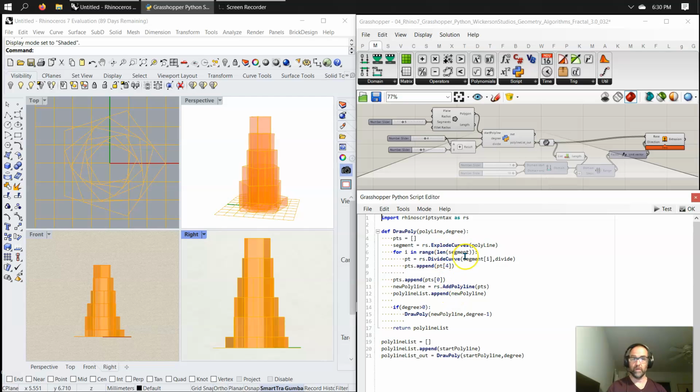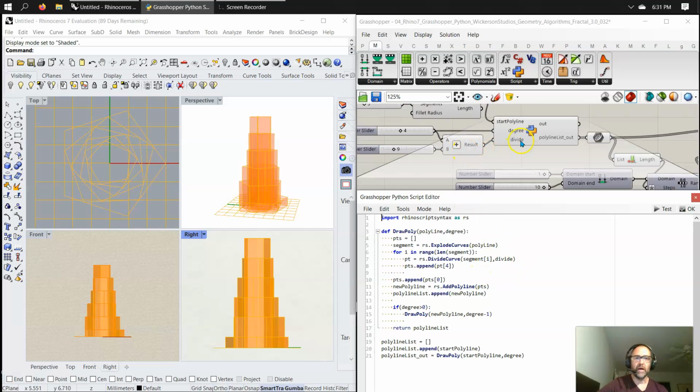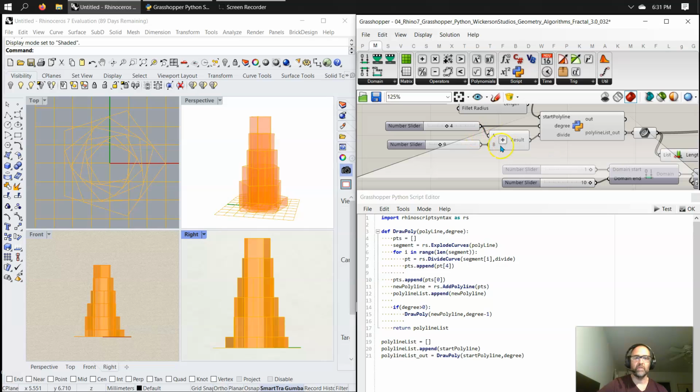function of whatever that segment count is, and then the point is using the divide curve function, which I don't think I've used yet, which needs a segment and a list item, which is the iteration at I, and I'm going to divide that. And after the divide, I could have just divided by an integer 5, or I could have hard-coded it, but instead I brought it in by this, which is where I did a little bit of